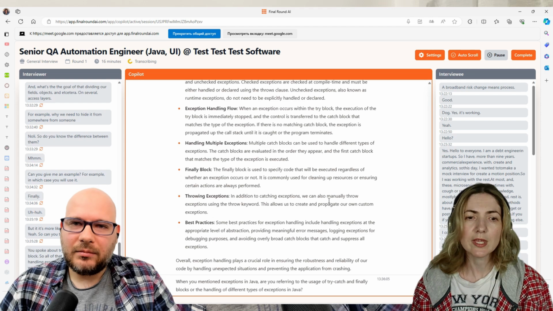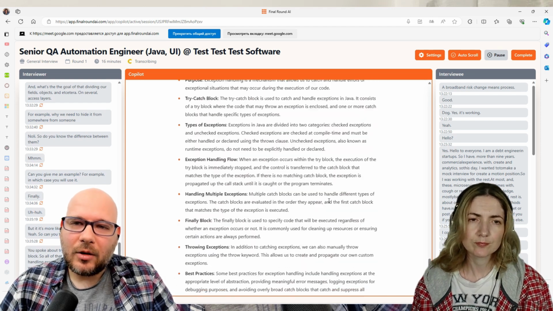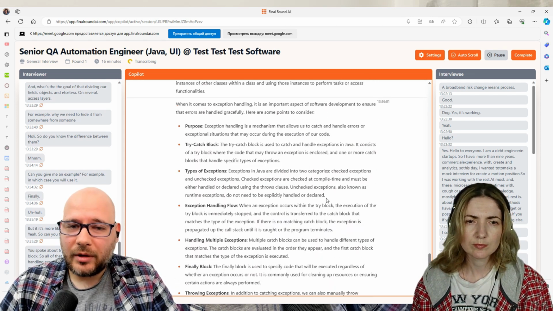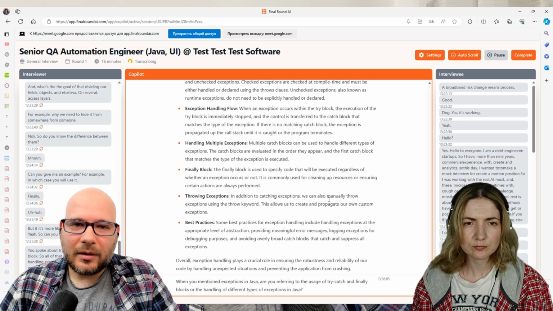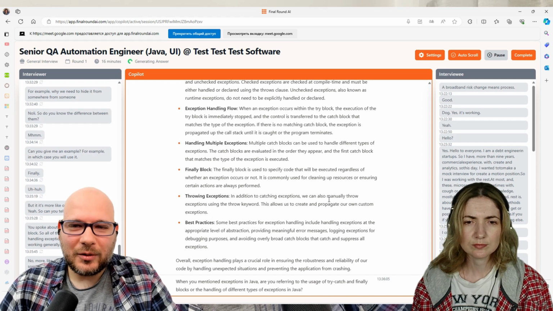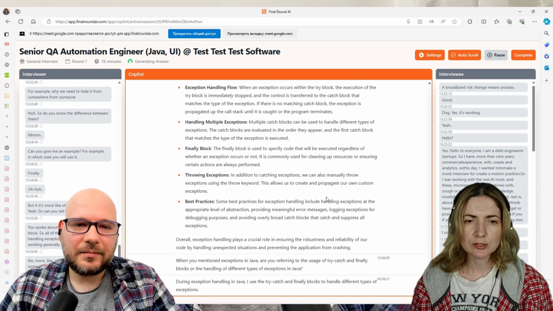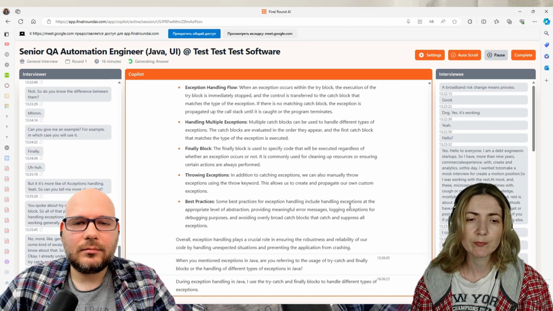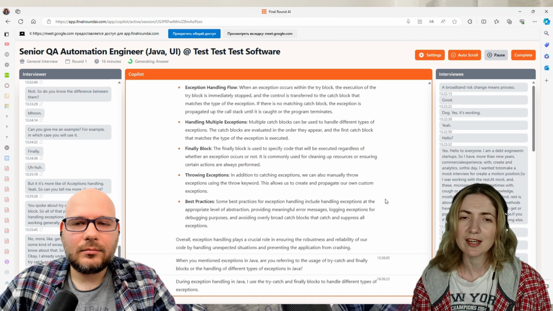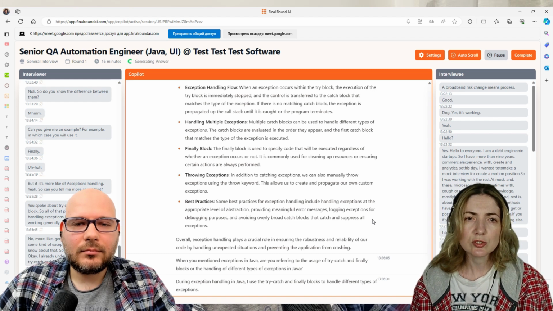Okay, I already understood that you can use try catch and finally. But for which exceptions you are going to use that? So yes, Java has a hierarchy of exceptions. We have handled and unhandled exceptions.